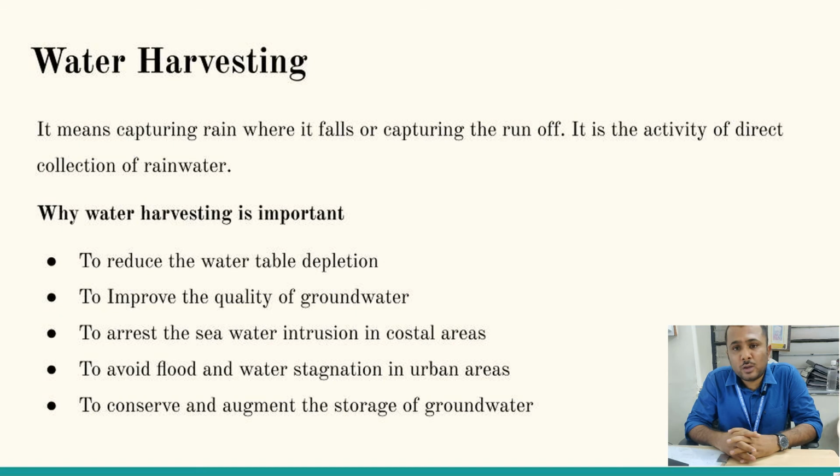Next thing is that we can arrest seawater intrusion. Basically, seawater intrusion happens when there is a difference in the hydraulic gradient between the groundwater and the seawater. You must be able to imagine this. If the groundwater reduces, the level of the seawater remains the same. Because of the reduction in the groundwater, the water will start flowing from the sea towards the ground.